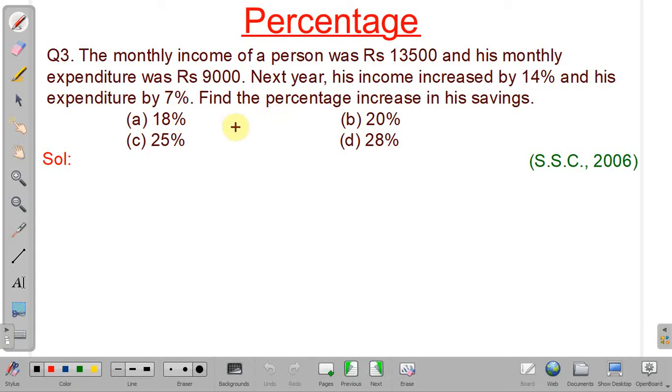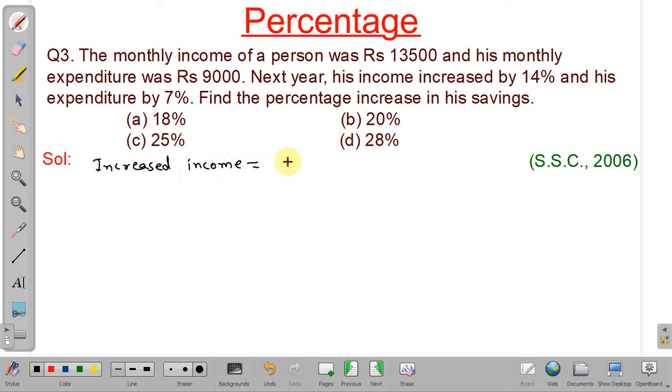Okay. So see, his income is increasing by 14% and expenditure by 7%. So we can calculate increased expenditure and increased income. From that we can calculate increased saving, that is, increased saving will be equal to increased income minus increased expenditure. So we will calculate first the increased income,